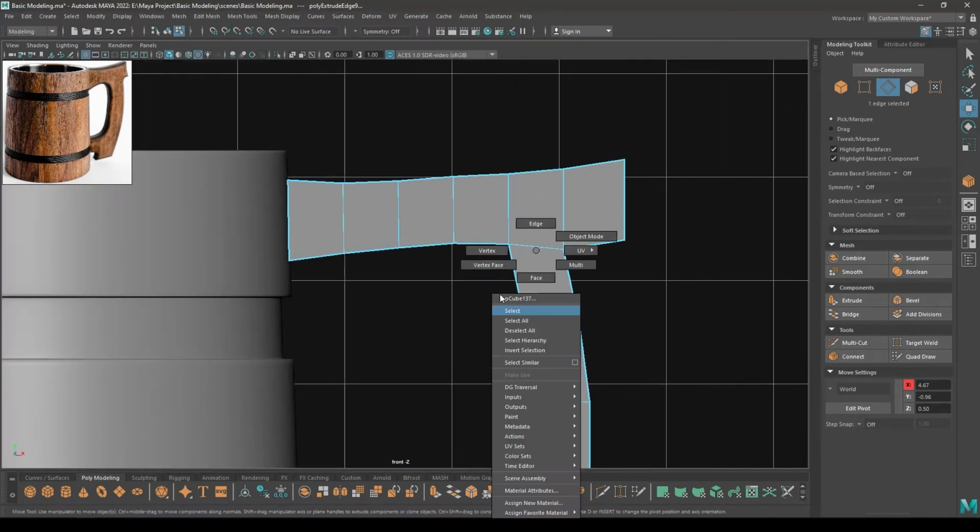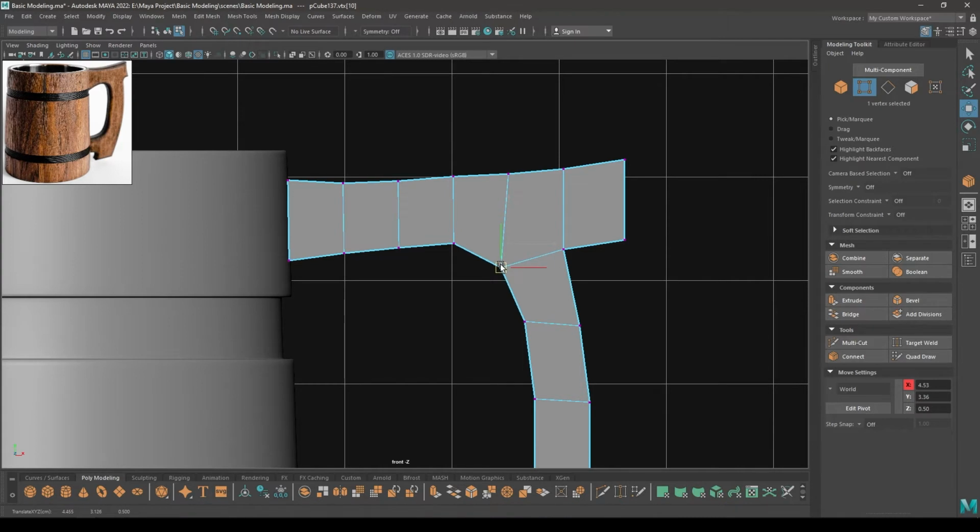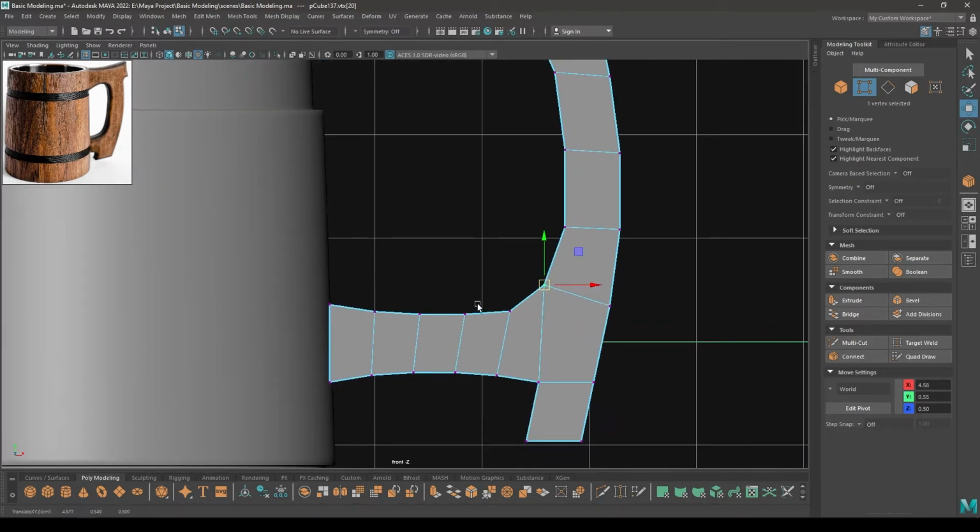Go to front view again and go to vertex mode, select this vertex and pull this down here and this one up to create this curve.